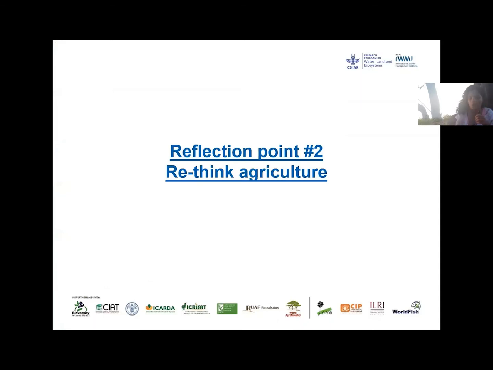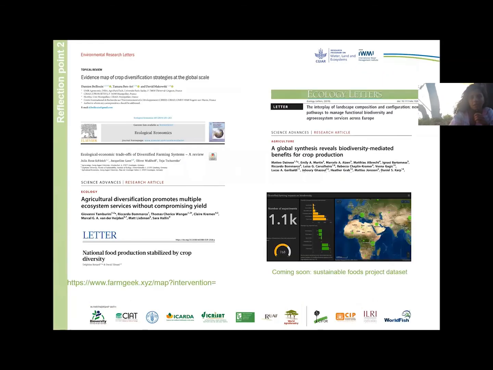So the second point that we want to put forward is a reflection on rethinking agriculture in restored agricultural drylands. And we know that agriculture is beyond yield or calories, and there's more evidence showing the importance of diversifying not only for ecosystem services, but also for resilience and for stability. So it is how we can identify interventions that support diversification, but also that measure better the comparative advantage of diversified systems, like, for example, by using the land equivalent ratio or other metrics that capture beyond yield.